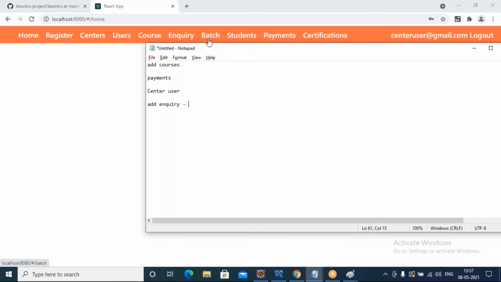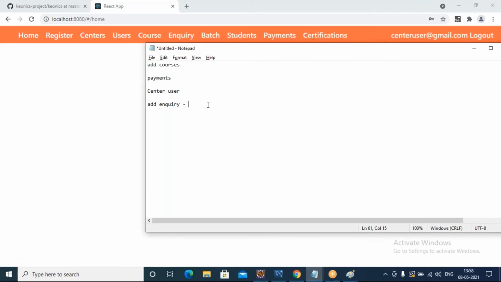And he can also add batch details. He's going to create batch 1, batch 2, like that. Let's say a 3-month certification course or a 6-month course is there. He will take some amount from the student, and he'll create one batch for that student, which batch that student belongs to. Once this batch completes, he will be able to request for certifications.